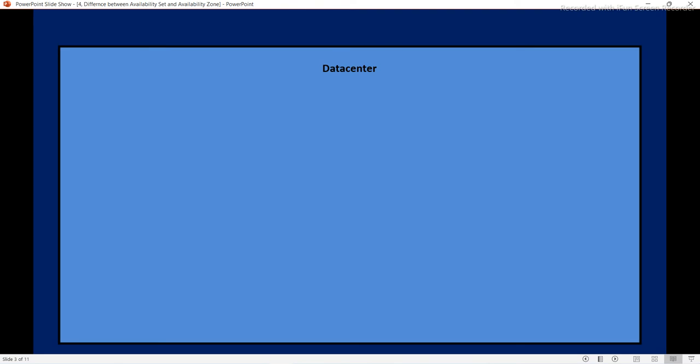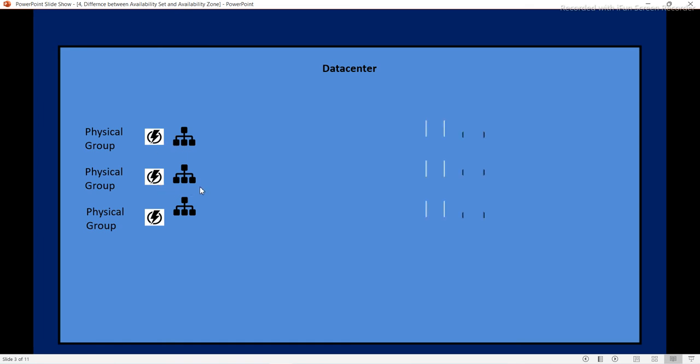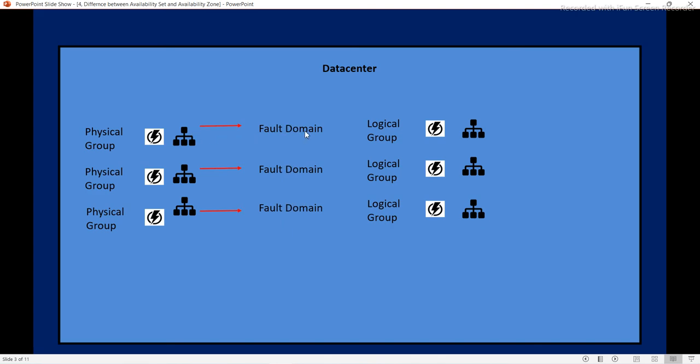So, what is an Azure data center composed of? It is composed of physical groups with their own power supply and network switch, and logical groups with their own power supply and network switch. As discussed in an earlier video, the physical groups are called fault domains,